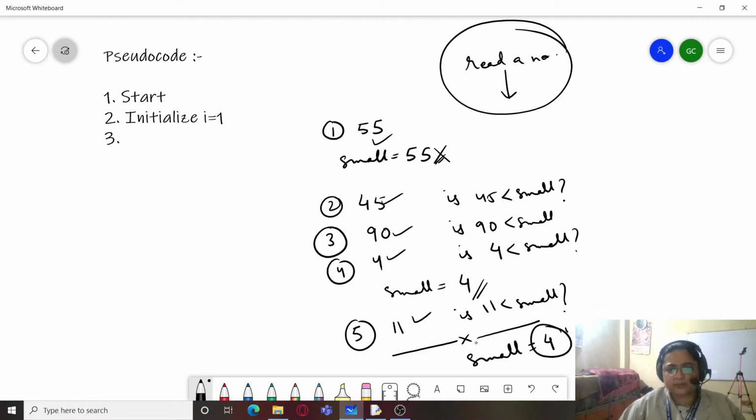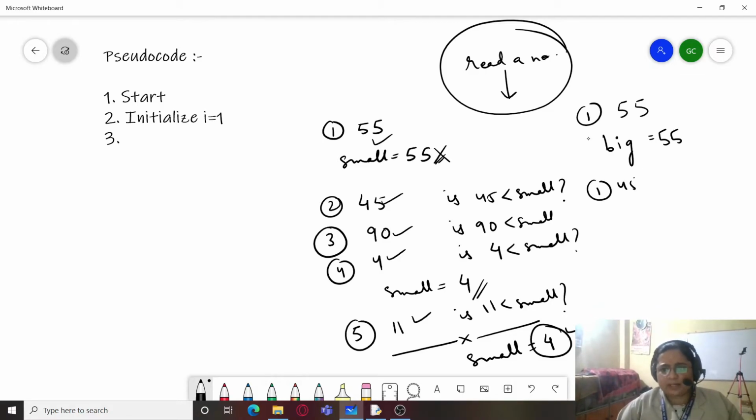that value is 4. A similar technique we are going to follow when we have to calculate the maximum value. First we will do it for finding the smallest value, and I'll explain that also. So firstly, when 55 is entered, we will take a variable big and initialize it with 55.